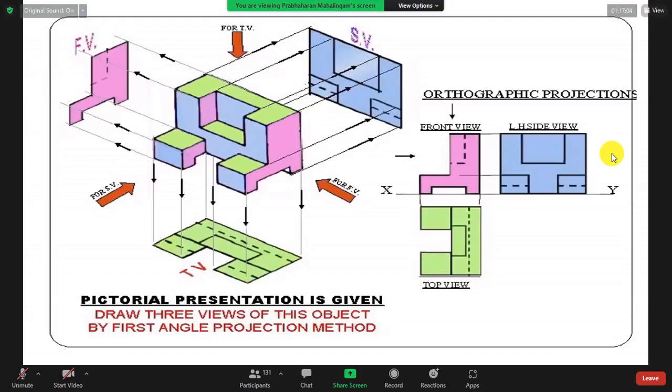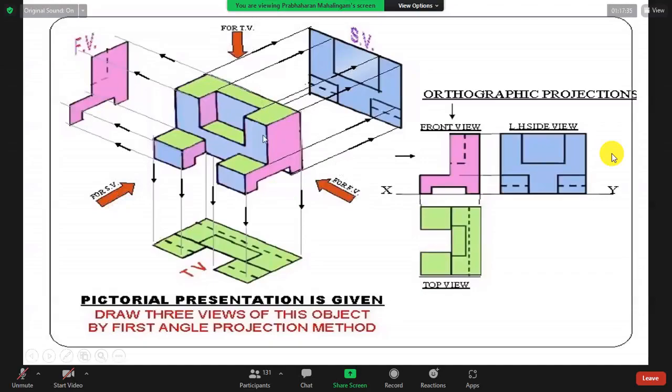We call this bisectional view. Bisection means if you divide into two pieces of the same dimension, or sometimes very accurately, same weight. So dimensions are same. From this is called the front view, FV, then side view, top view, TV.